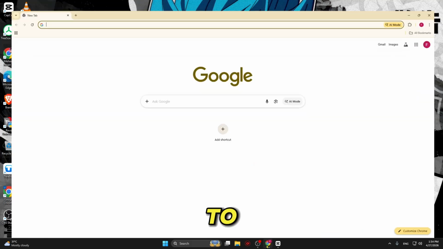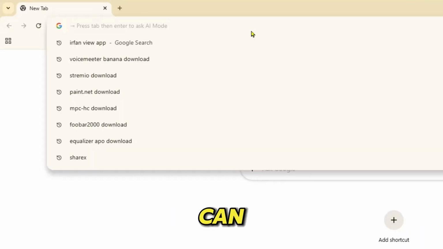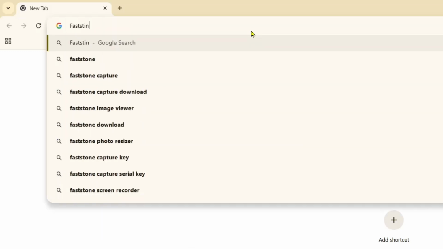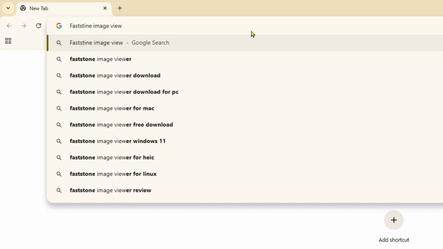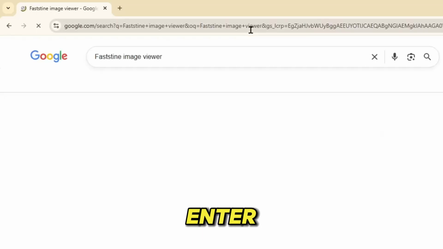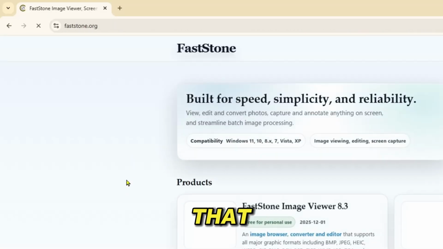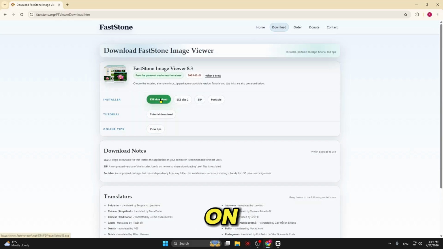Very simple. You have to open any of your favorite browsers, then simply come over to the search option and search for FastStone Image Viewer. Simple. Click enter, and then we're going to get the first website. Click on that, and then click on the download option over here. Click on exe download,